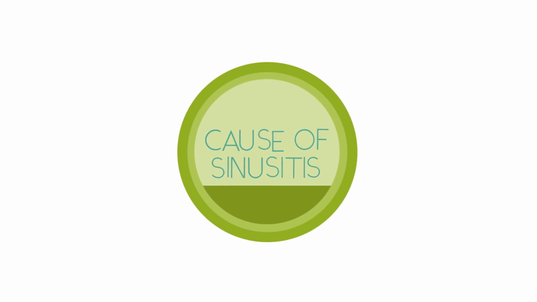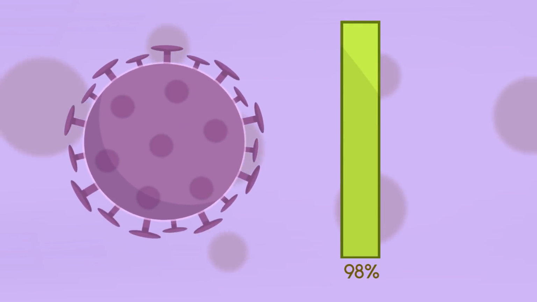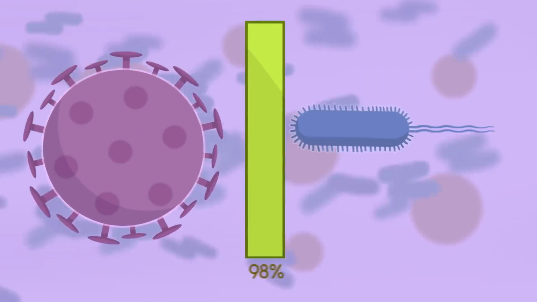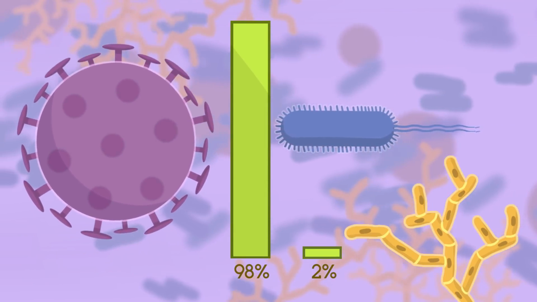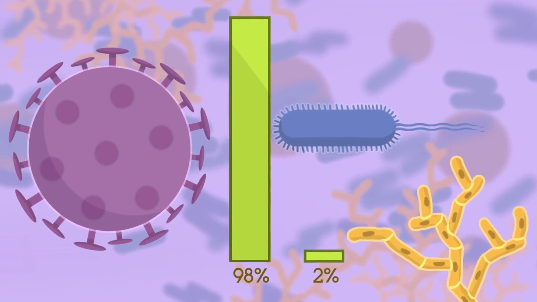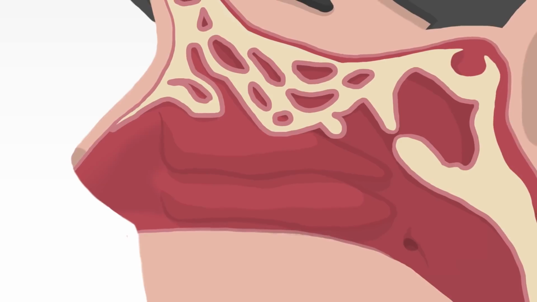What causes sinusitis? 98% of sinusitis occur due to viral infection. It can also be caused by bacterial infection, while a small population can have it due to fungal disease. There are some predisposing factors that make it more likely that you get sinusitis, including allergic rhinitis, which makes it